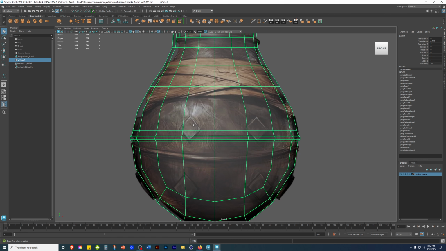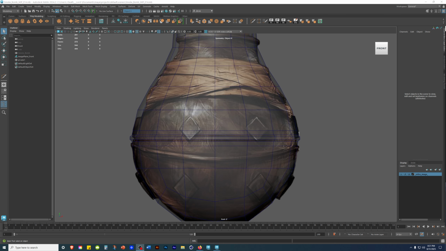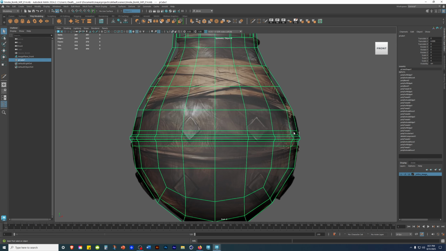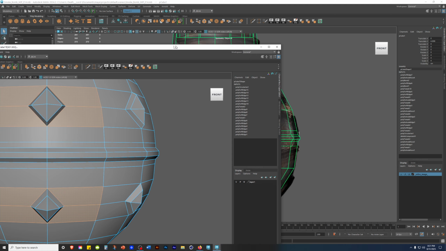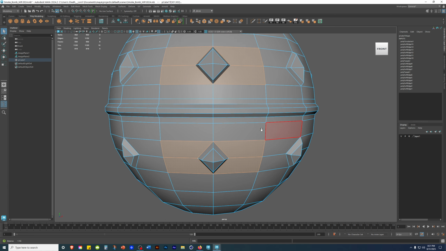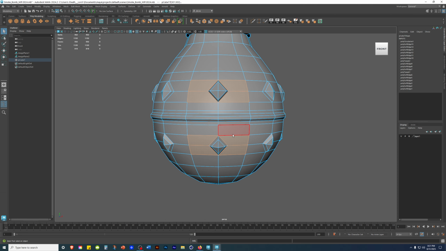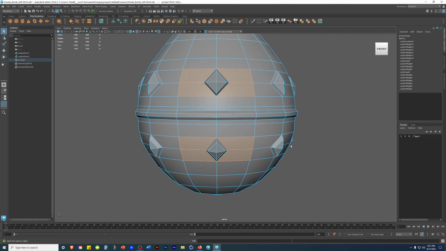I gotta put the stars. Alright, so it's nearly done, but there's just some grunt work to do. Basically, alright, so this might look a bit overwhelming, but it's manageable. I need to make this area